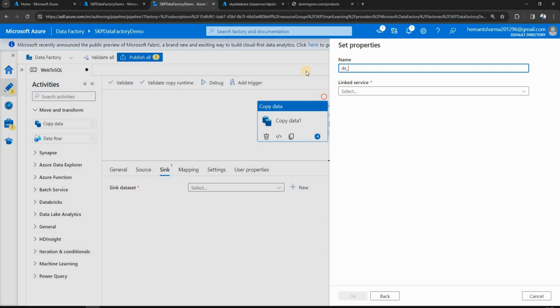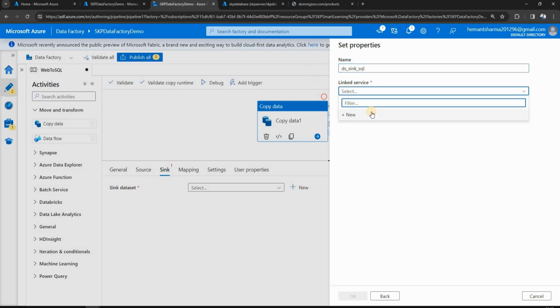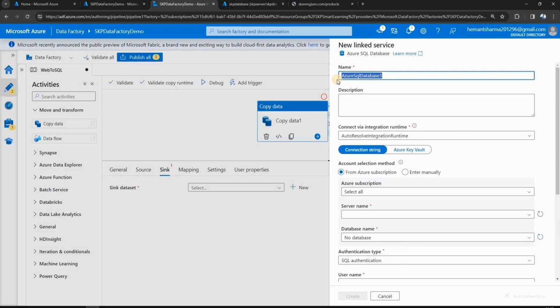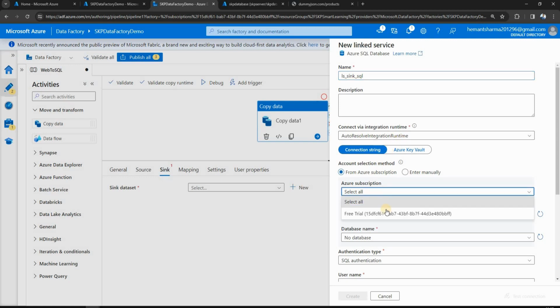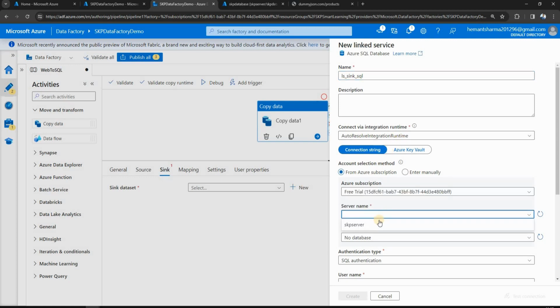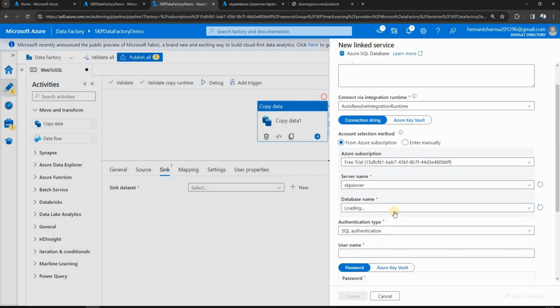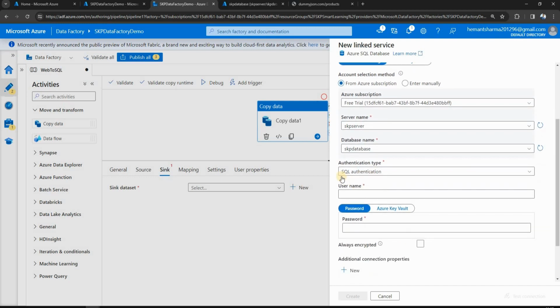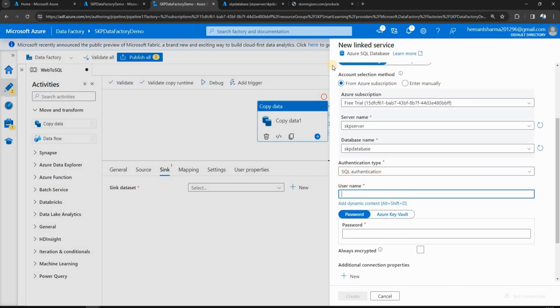DS underscore sink, because we are creating it for the sink, and SQL. We are going to create a new linked service for Azure SQL. So LS sink SQL. This is an online service, so cloud service. So we'll use the auto resolve integration runtime only. Subscription would be free, and server name would be the SKP server, and we had only one database, the SKP database. Authentication would always be SQL authentication. Username is